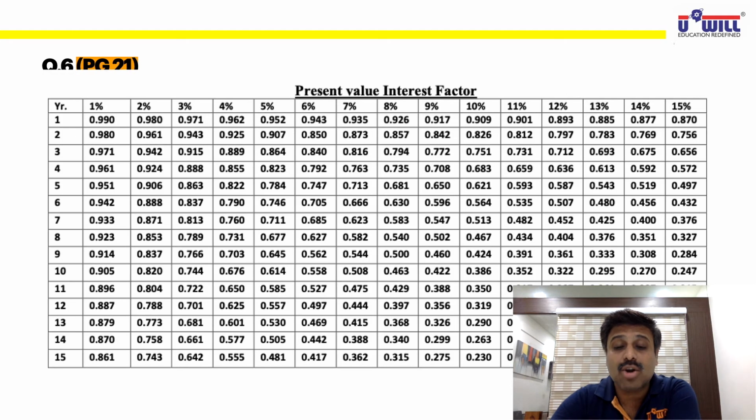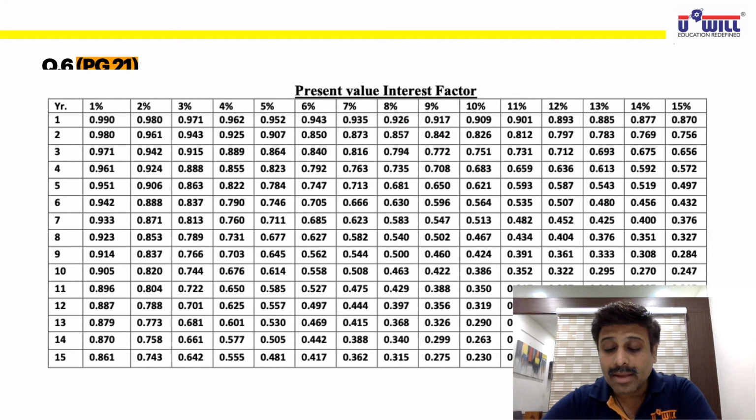Now current service cost, understand this, we will use present value interest factor tables. Take out the same time value of money tables. Okay, why present value interest factor tables? 131 we have to pay after 5 years. What is its today's value? We find it using present value interest factor tables.